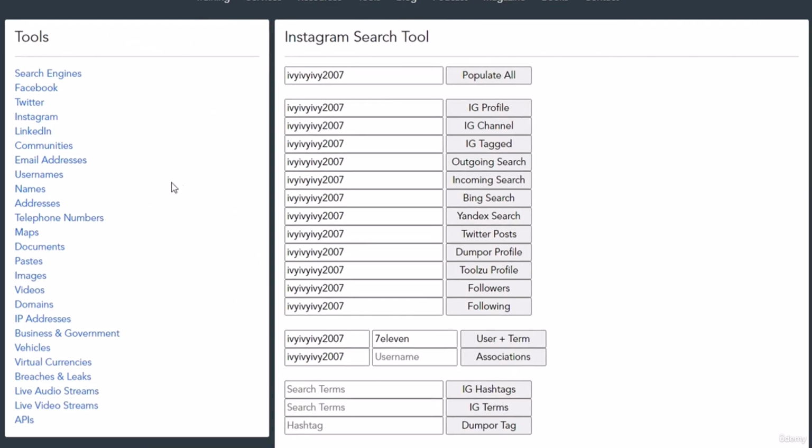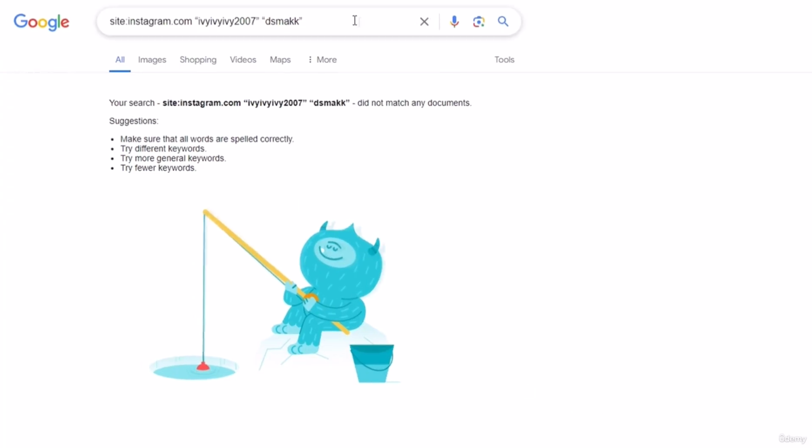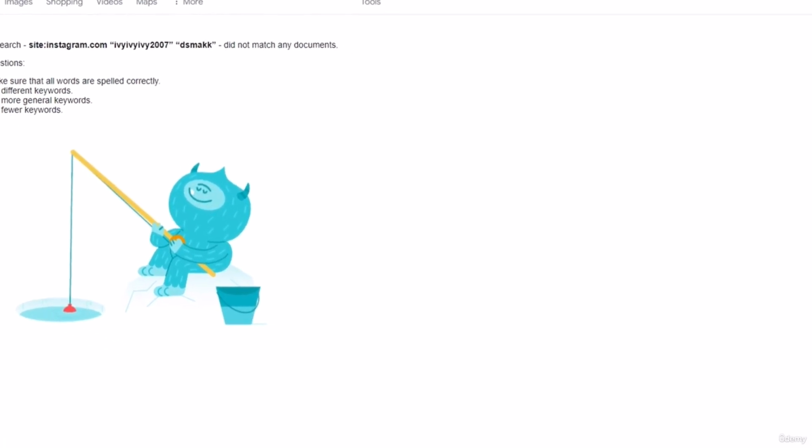Now the next one is a similar one. However, here the association is not with a word or phrase, but rather with another user. So pretty much if we want to see if Ivy interacted with Michael Basil, we would do Ivy and then here we would type in their username. Then we would hit associations and here we would see posts if there were any. Now let's close it for a second.